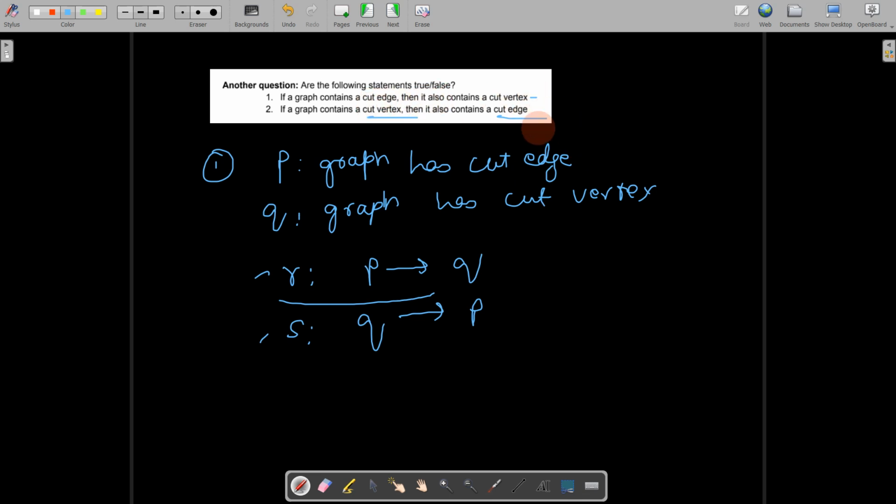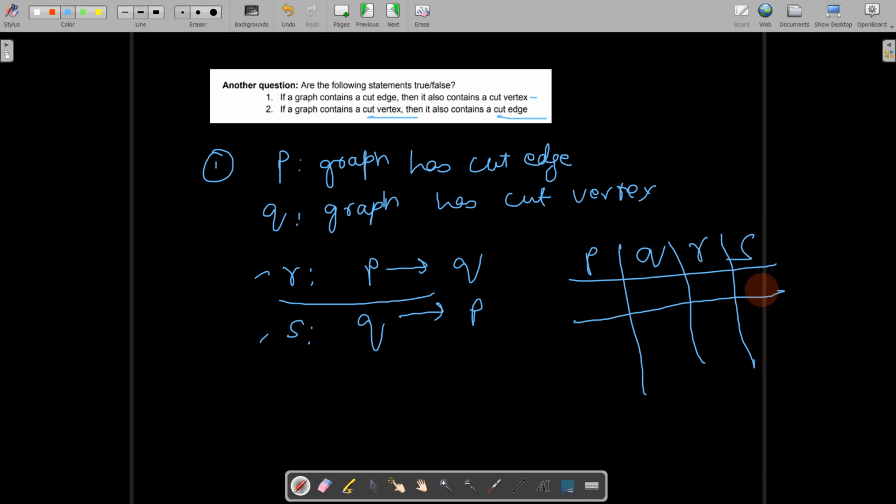We will try to prove this is false. Why I'm proving this is false is because in the P implies Q truth table, only one condition needs to be checked to verify whether P implies Q is false or not. So proving that would be easier.